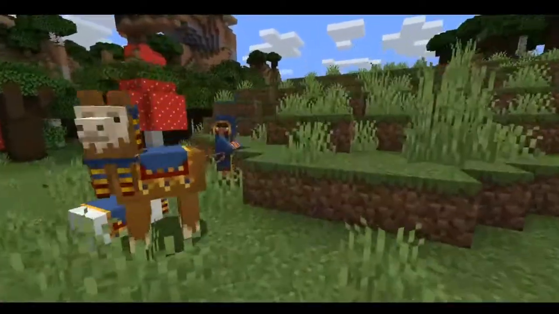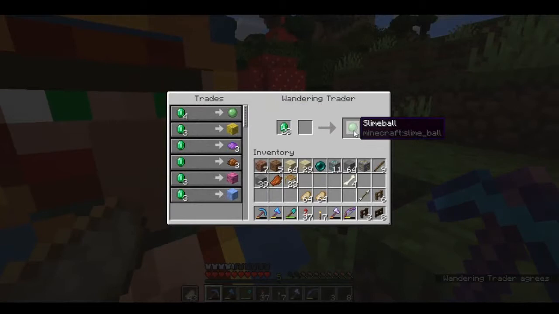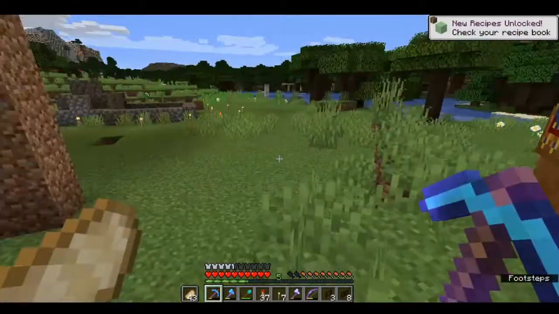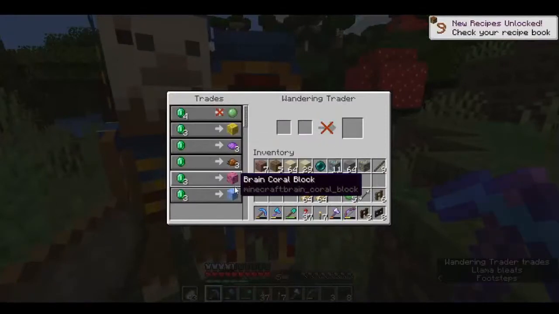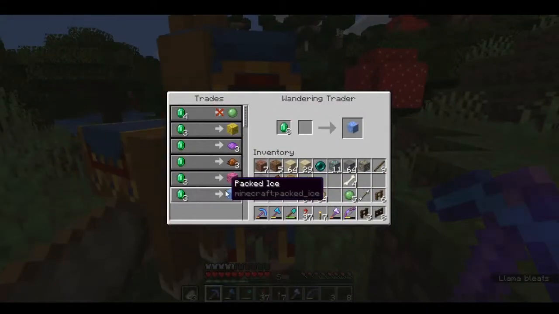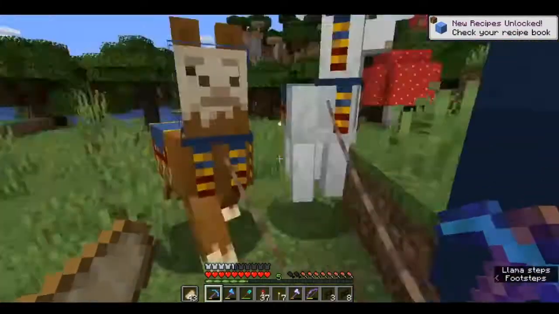Well, look who has turned up here. One big trader. And he's selling slime balls. Well, I might as well just buy some from him, because I've not had any luck finding slime so far. And what else is he selling? Some coral. I don't really want to buy any black dye. I'll buy a few of those. I can only buy two of those. Okay, well,